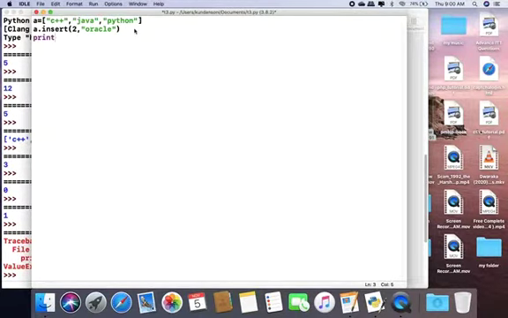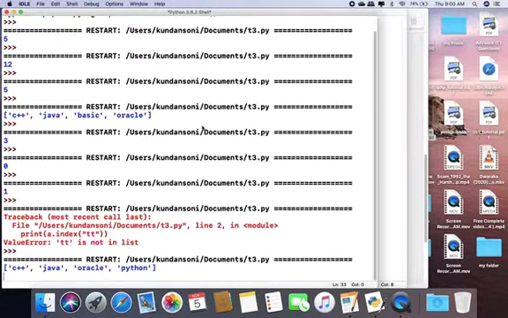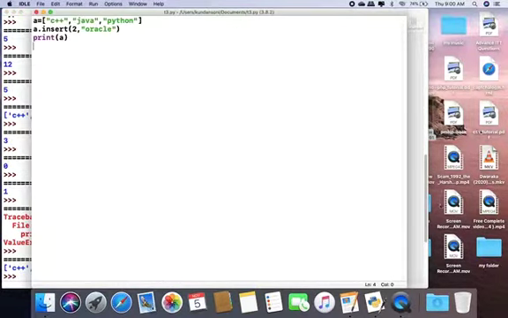I write here print now a. Now I run the program. As you can see, at the second position Oracle is added. So we can add an element at a particular position with the help of the insert function.